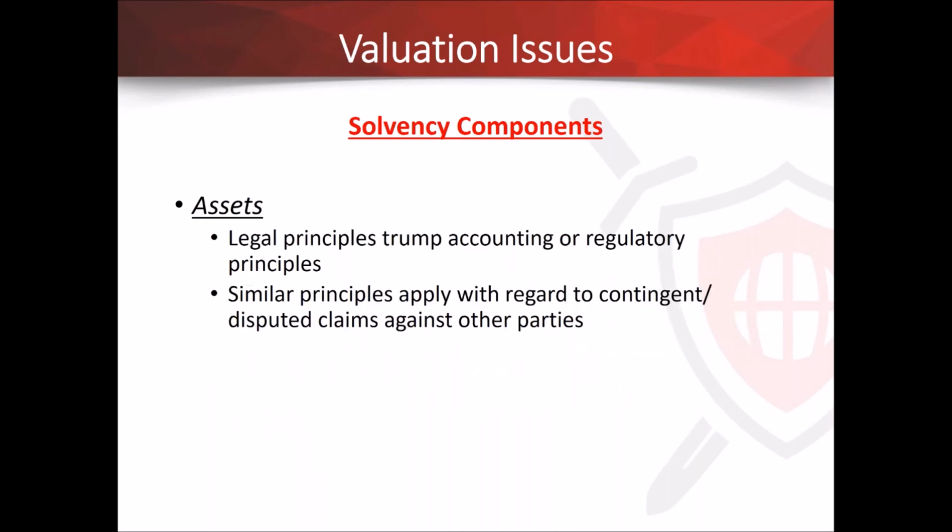Just to touch on assets, nothing really new. Again, there was one case, and we don't have it listed here, but a company called North Point Communications sued AT&T, and they got forced into bankruptcy while the case was pending. One issue was whether or not they were insolvent when they made certain transfers, but they had a claim pending against AT&T that ultimately paid out several million dollars. And so that's one example of a contingent asset.